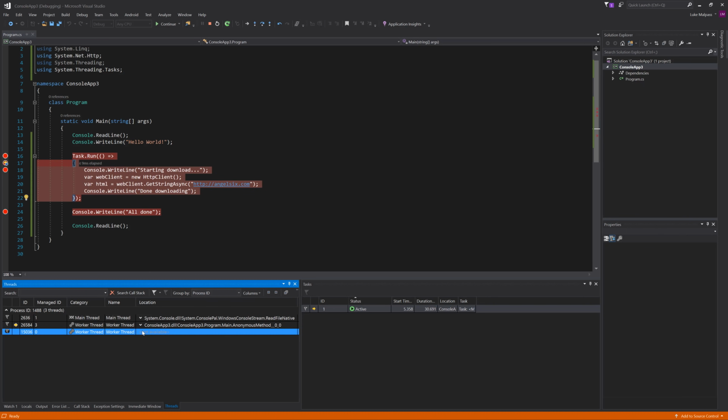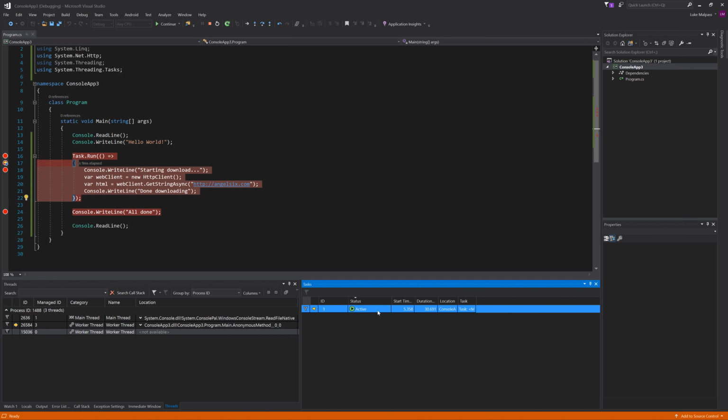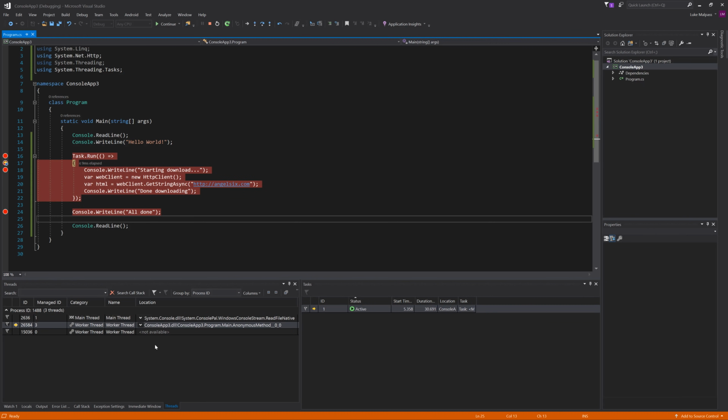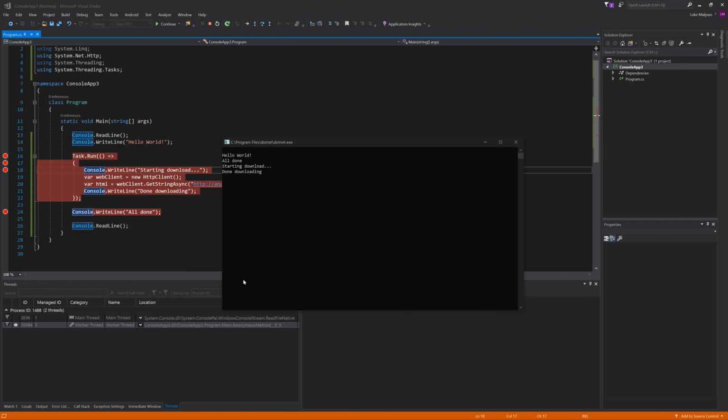And we also have this worker thread here. So we now have this task that's running on a thread, a task ID of 1, and it's linked to this worker thread here ultimately. This is running on this worker thread. So it looks slightly different in terms of keeping track of the threads. And you get this new view here of a task that's running, because tasks aren't always one-to-one mappings for